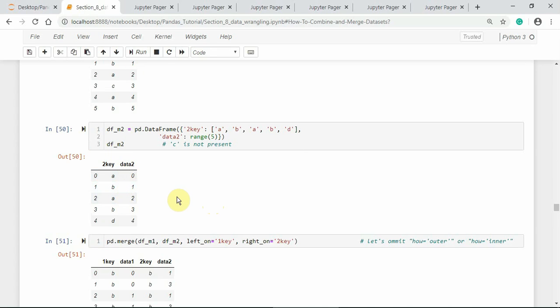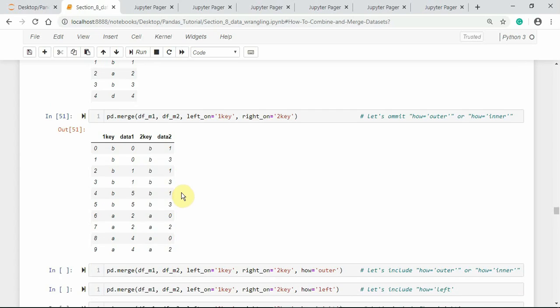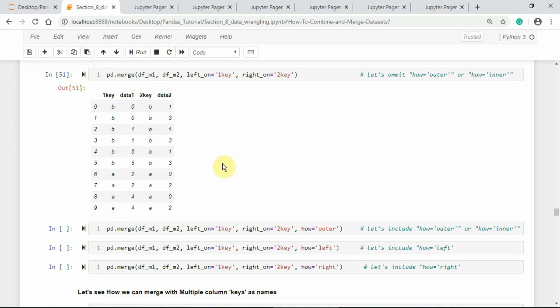Hence, after the merge operation, we got the Cartesian product of these rows, hence the result is 6 B rows. 1, 2, 3, 4, 5, 6. That is nothing but the Cartesian product. This is the inner join.